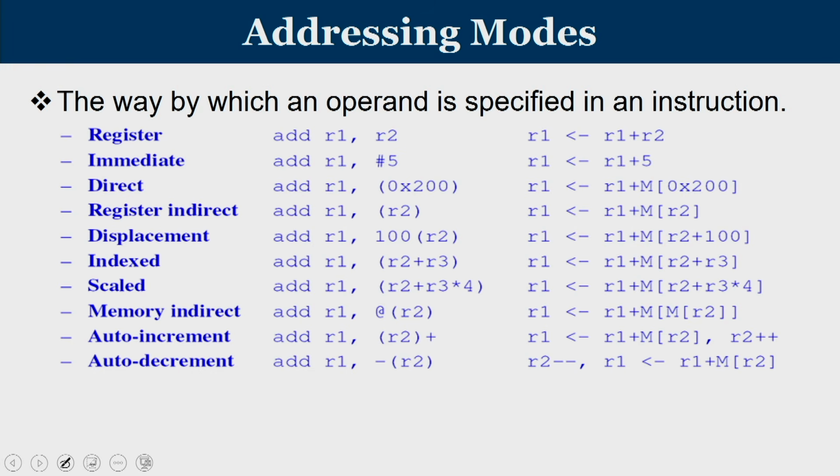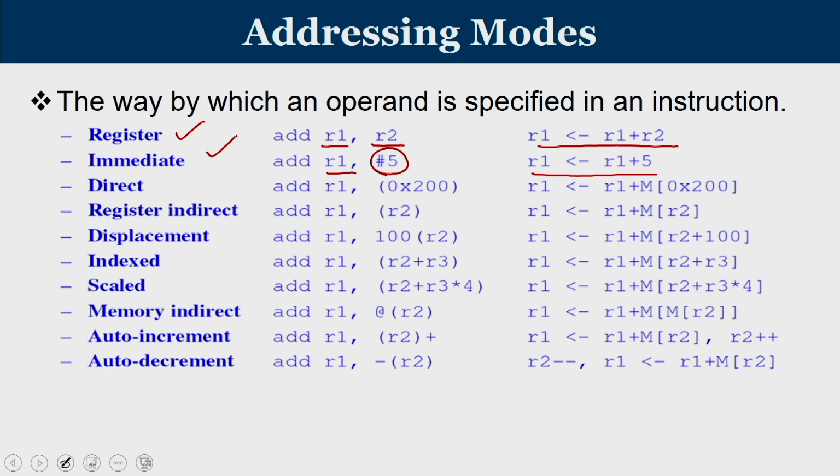So, consider the case that I wanted to add two numbers. If the two numbers I am going to discuss are all part of the same register, I can use add R1, R2. The meaning is R1 equals R1 plus R2. It is known as register addressing mode. The second one is where I want to directly add R1 with 5, where 5 is my data. So, add R1, hash 5. Hash is one general representation used to mention immediate values. That means R1 equals R1 plus 5.